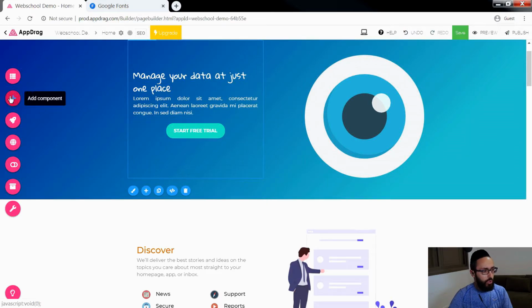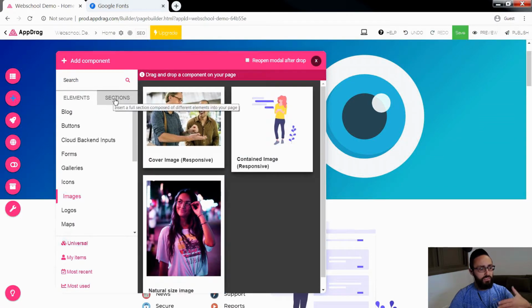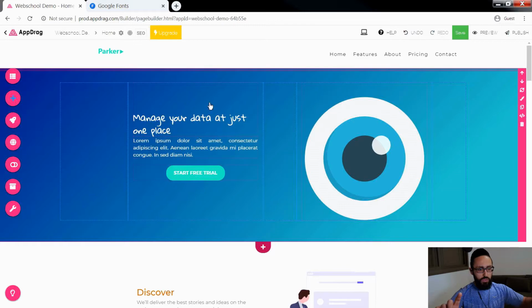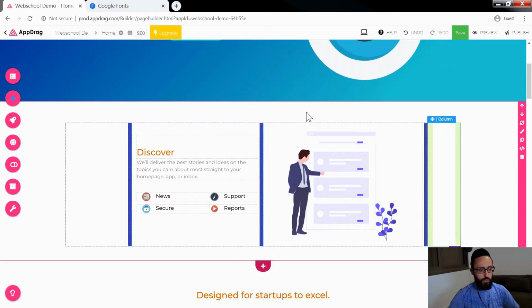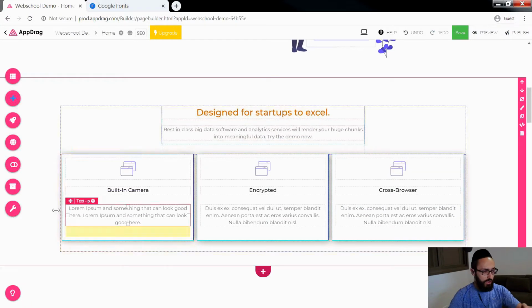Okay, so I'm going to go to the add component, which is the button that we haven't seen yet. This is the button that we're going to go to whenever we want to add something new into my page. It's separated into sections and elements. Elements are items, for example, pieces of text, buttons, forms, all of that stuff. Sections are the full width parts that you see on the page. So whatever you have that's blue right now, that's a section, and then you have another section over here